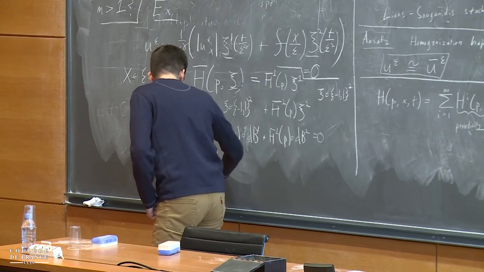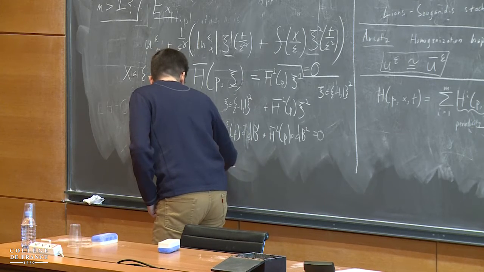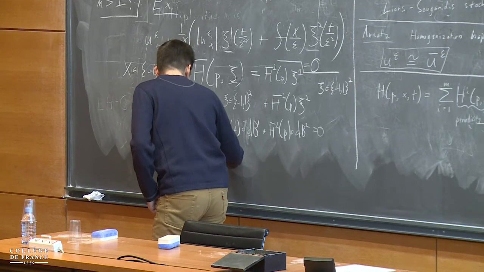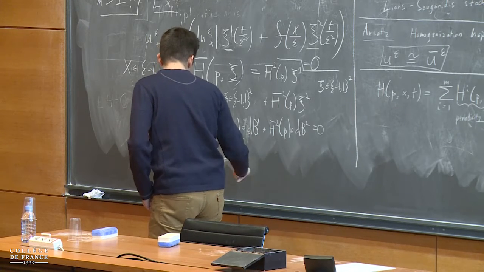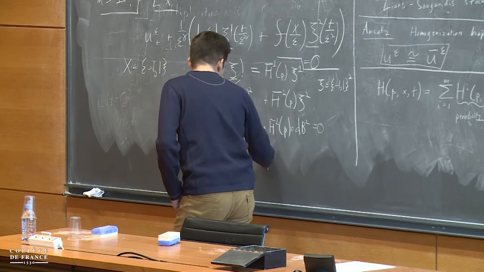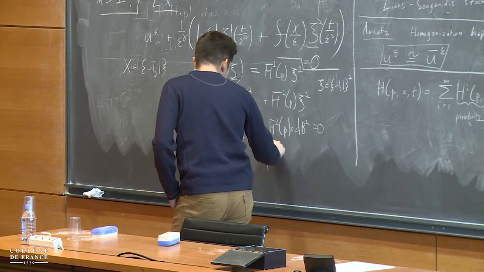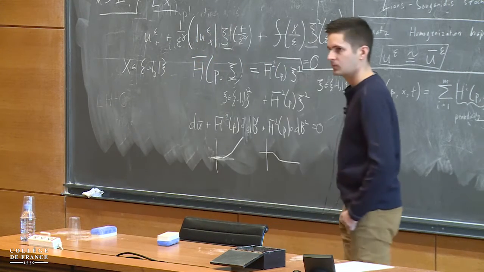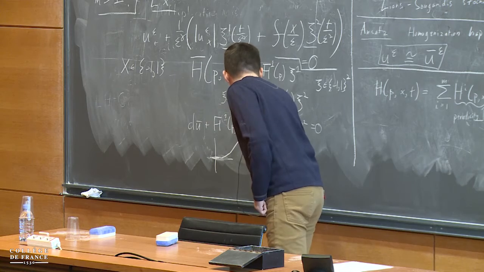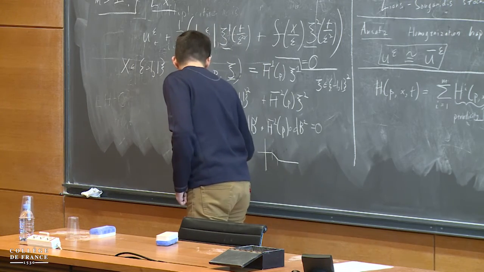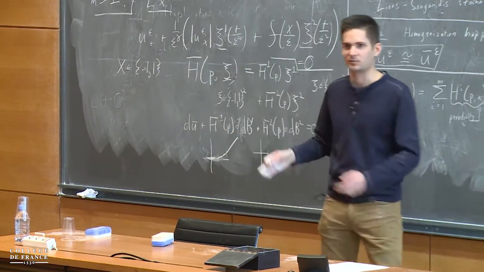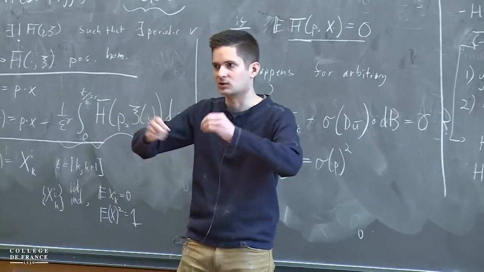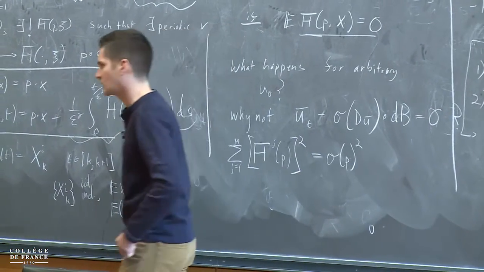H bar 1 will have a shape sort of like this. It will be flat. Then we'll have slope 1/2, and then we'll have slope 1. And the other Hamiltonian, h bar 2, will be flat, then have slope -1/2, and then be flat again. The places where the derivatives jump are the same, and they're determined by f, basically. They're determined by the max of f, the min of f, and the average of f. Those 3 parameters will shift this around.